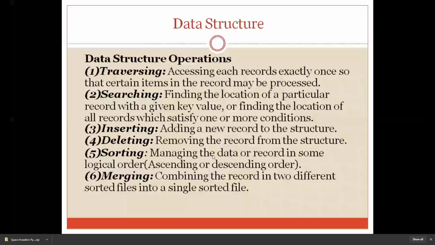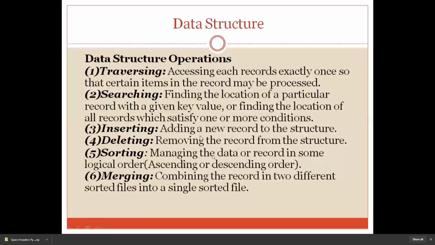So in sorting, you are applying some kind of logic to sort the data already present on your system, and making it as per the program's needs or demands. It can be either ascending or descending. That is called sorting. We know that inserting, deleting and sorting are quite obvious operations we have been performing since C programming in